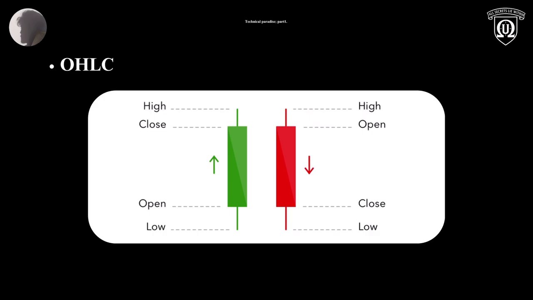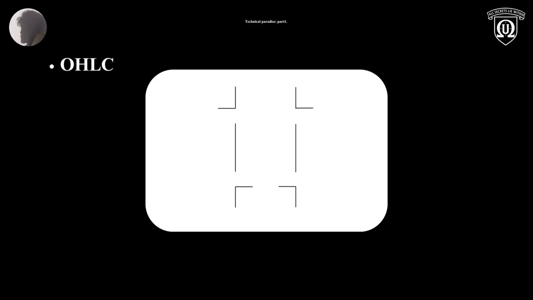And on a bar chart, this is a little trivia. On a bar chart, is the open the left side or the right side? That's a little self-corrected homework for you to answer. Right, the open, high, low, and close is one of the two main concepts we trade based on as CRT and turtle soup traders, right?